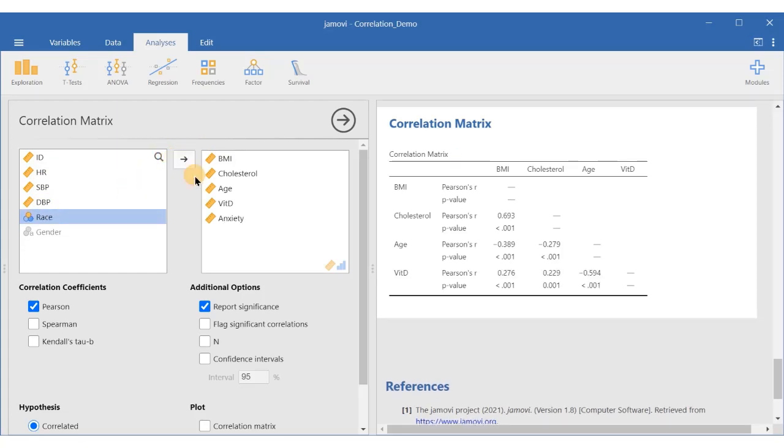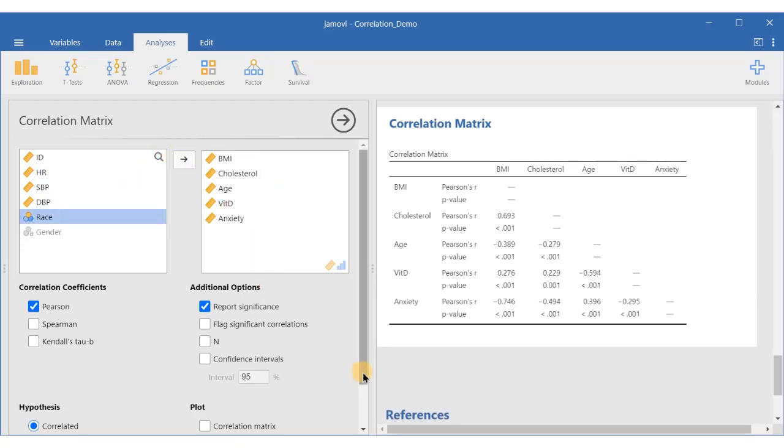All these are continuous variables, remember. In that case, you can see the value of R between BMI, cholesterol, age and BMI, vitamin D and cholesterol and BMI. This table you can see here, and the p-value, if you see, it is significant.